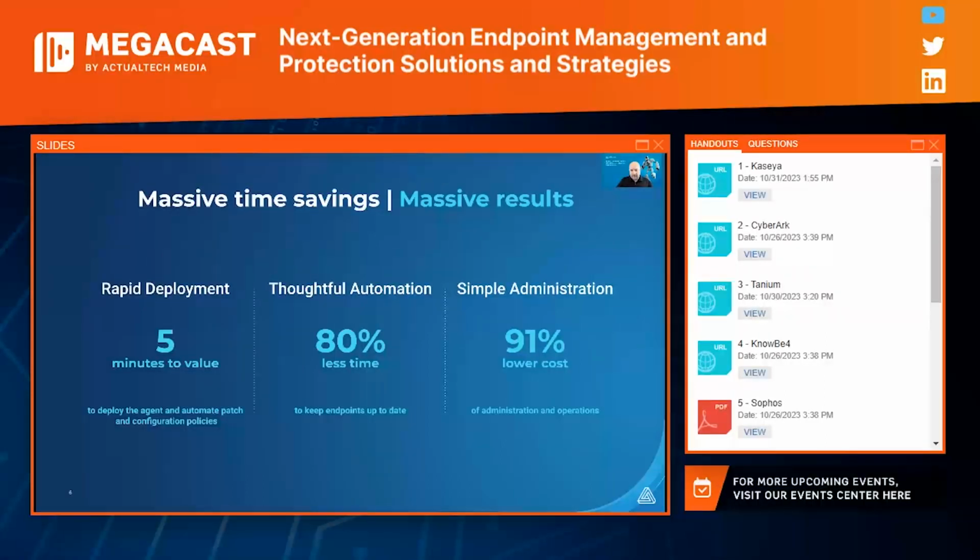And computers are very good at tedious tasks, repetition, doing things at scale. So all of our automation is built around that premise, and it allows you to set the policy with your experience and your intuition and your knowledge of your corporate policies, and then have the computer simply perform it. And simple administration, 91% lower costs on average. Again, huge savings for you that you can now reinvest either in your team or in your technology stack to get after those things that you still need to do otherwise.